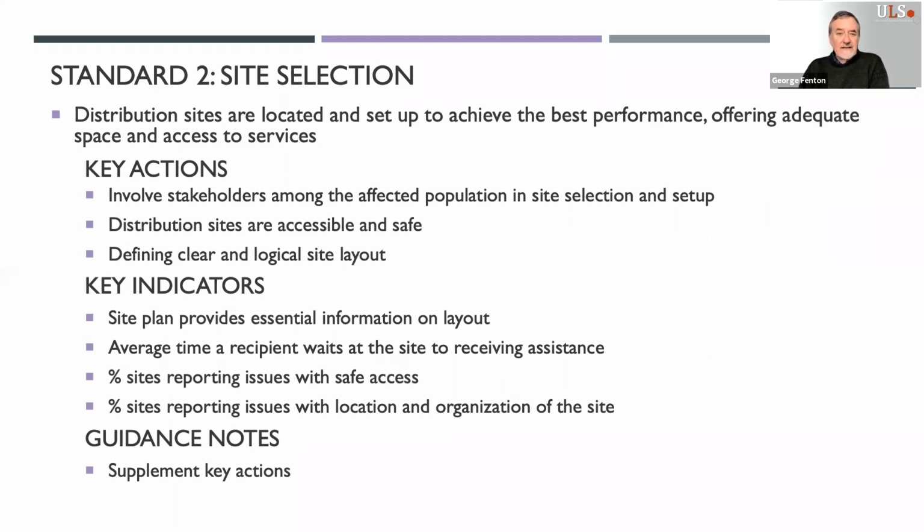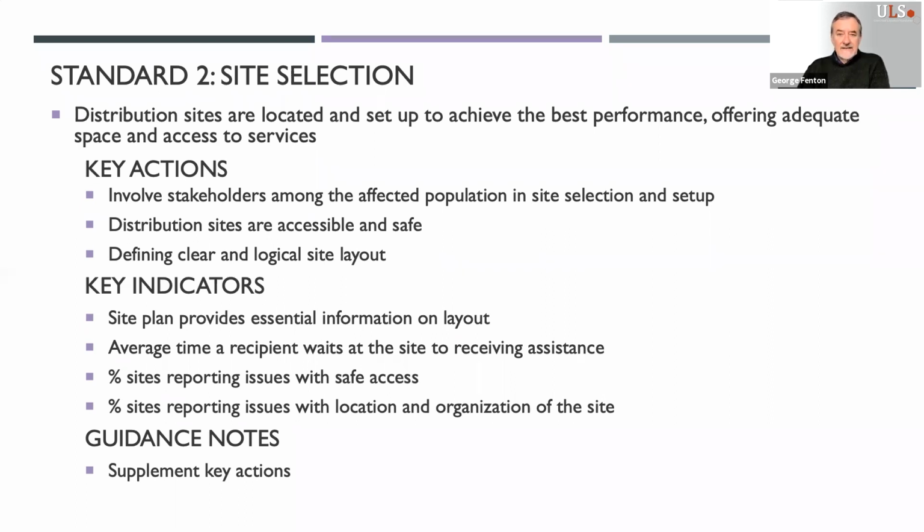There should be, in hot contexts, hot climates, there should be shade. Of course, there should always be water and latrines for affected communities while queuing. And there should be availability of an evacuation route for staff in case of any security problems. The location should be flat and free from mud or dust, and should be away from sensitive sites like army bases or political party offices or police stations.